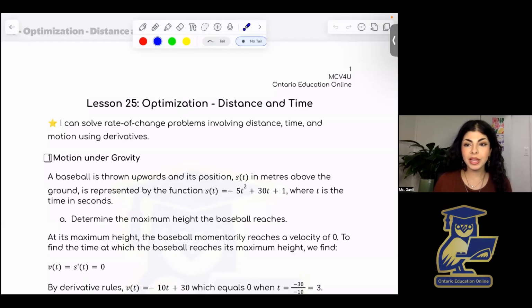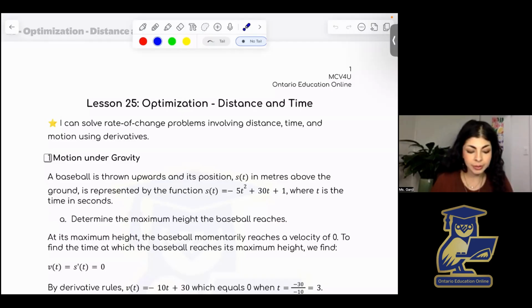Hello and welcome to our last lesson on optimization, as well as our last lesson for this unit. So today we are looking at the last category of our optimization problems, distance and time. And so our learning goal is to be able to solve rate of change problems involving distance, time, and motion